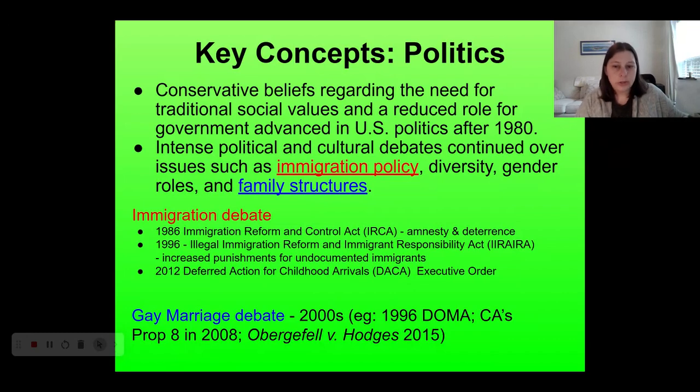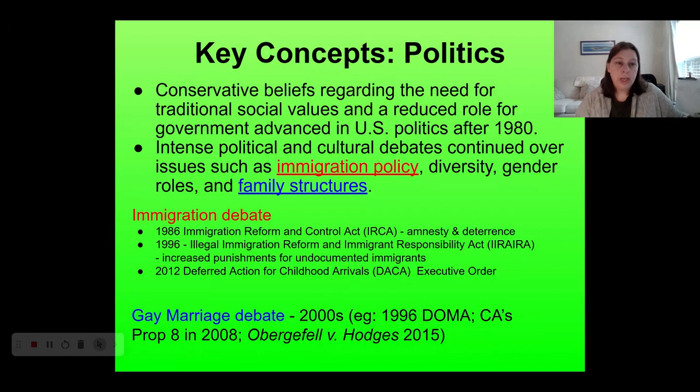In 1986, under Reagan, we have the Immigration Reform and Control Act, which tries to basically just declare amnesty for all people who came in undocumented before 1982, and then step up enforcement. It also fails to meet the scale of need for this particular type of immigration. And so after that, we're really going to see American immigration laws shift more towards punishment